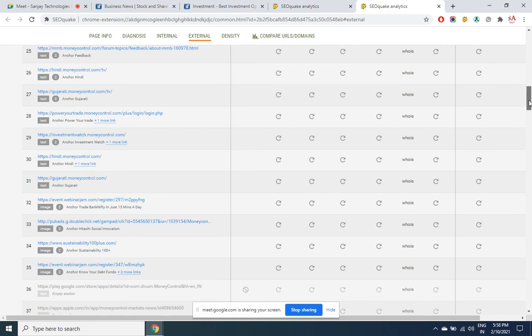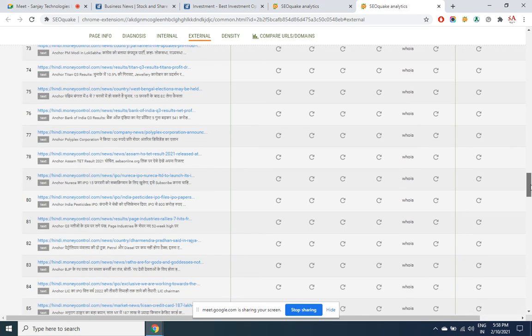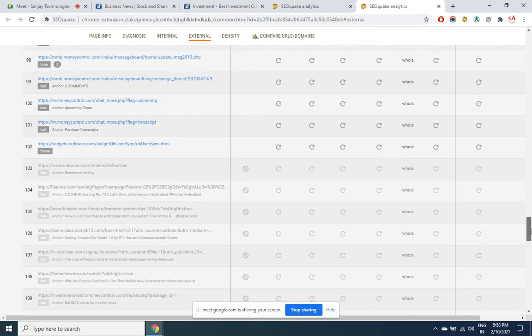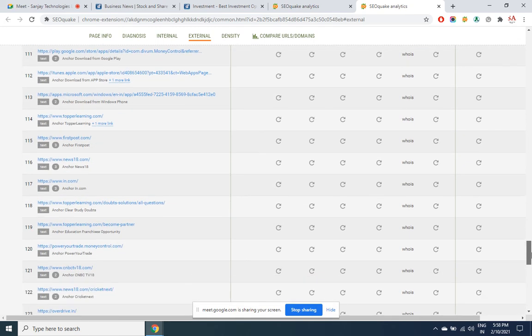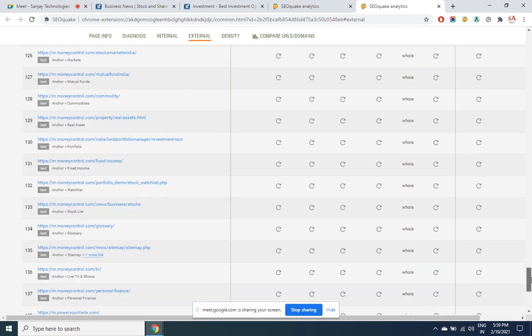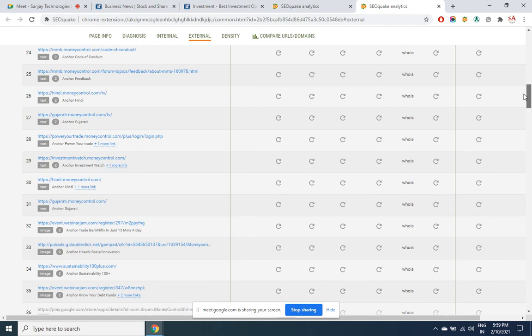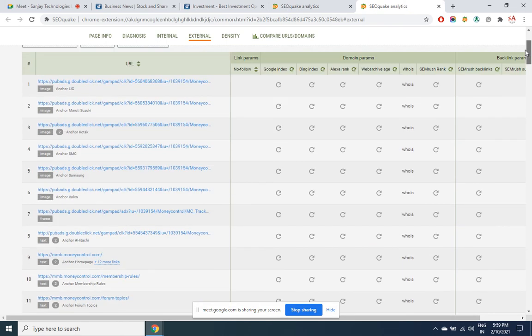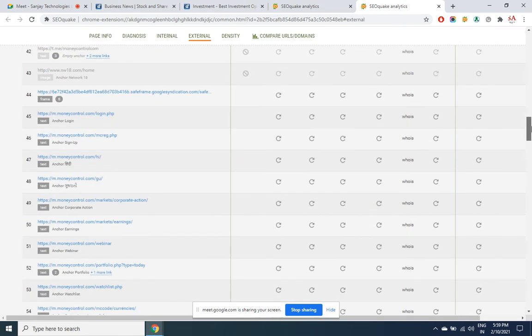But interesting to note that he has given some links to social websites. All these are his own sites. In.com, topperlearning.com. They're all in the same network, Network 18. Even Moneycontrol belongs to Network 18. Network 18 belongs to Reliance Industries. Reliance Industries belongs to Mukesh Ambani. So this site belongs to Mukesh Ambani. All these sites belong to Mukesh Ambani.